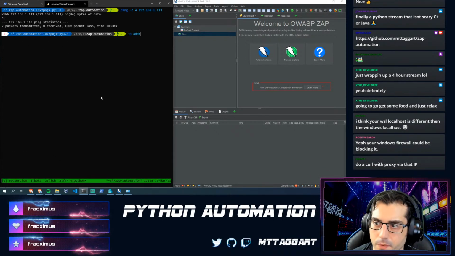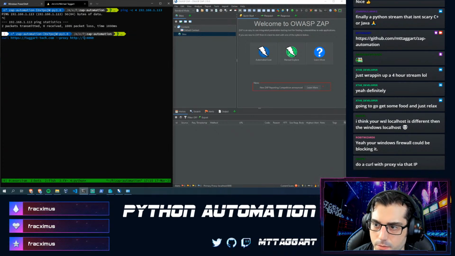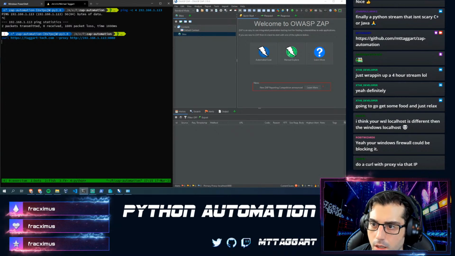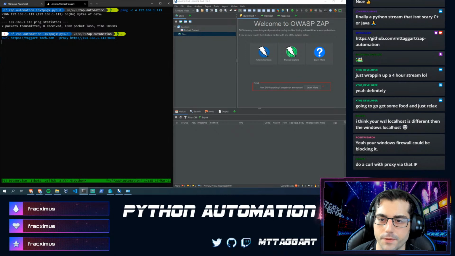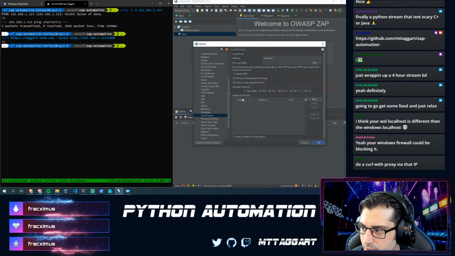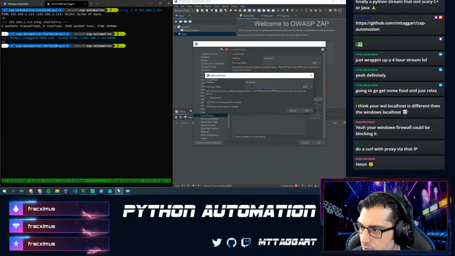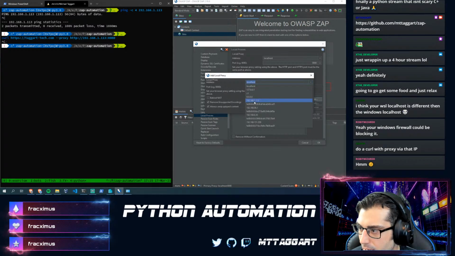I tried that with proxy, so we'll try it with 192. So in order for that to work at all, I will definitely have to enable that additional proxy in Zap, because it'll resolve to localhost. We'll try this. So I have to give it.